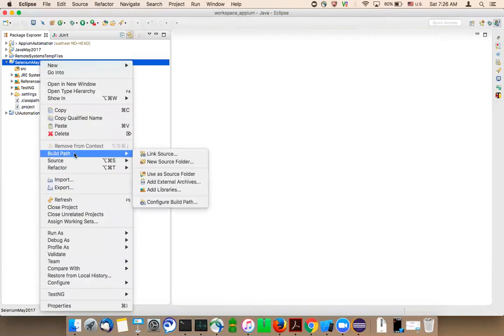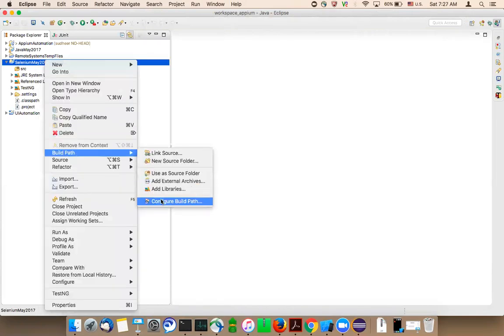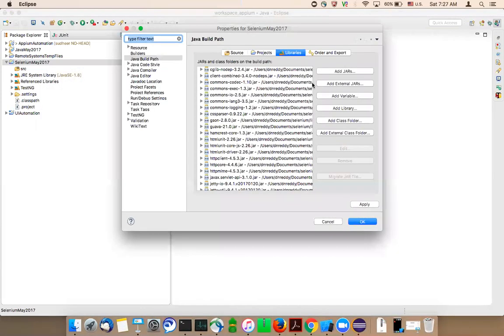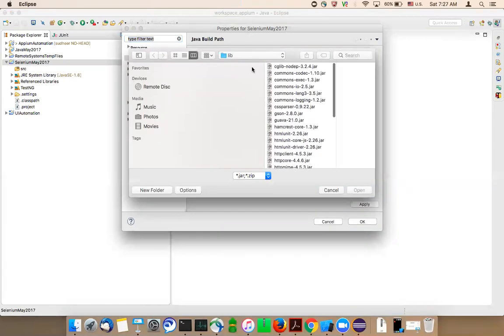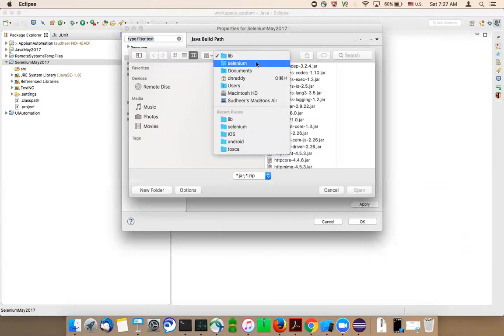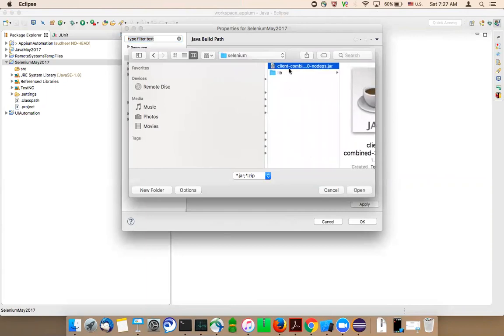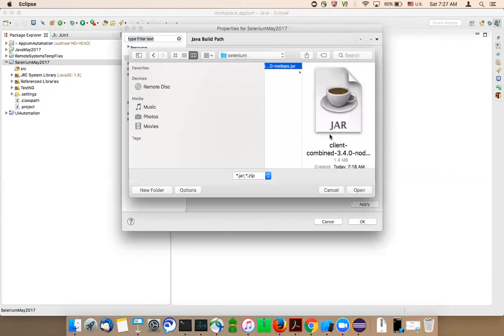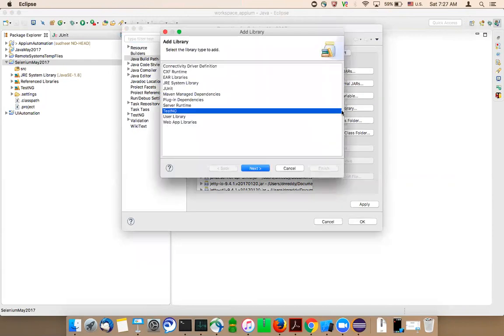And you know how to configure the build path, right? Go to Java project, build path, configure build path, add external jars. You need to add all the jars which are inside the lib, and you also need to add the client combined 3.4.0 nodep jar. And in add library, you get to see TestNG.